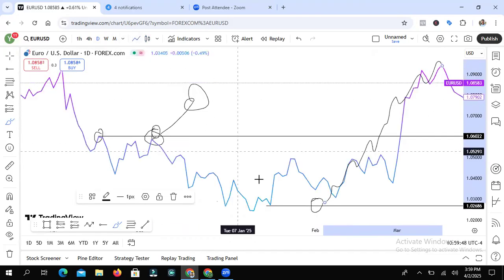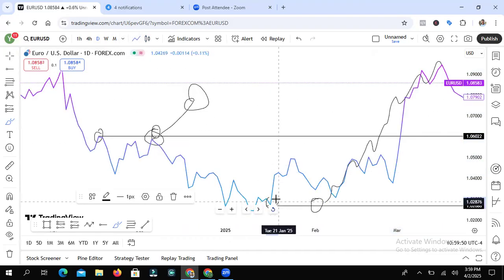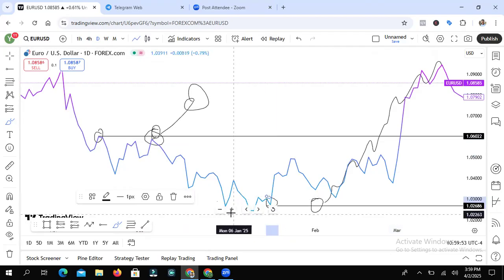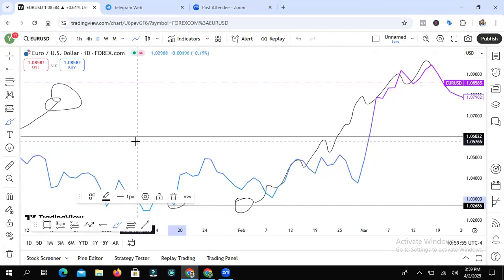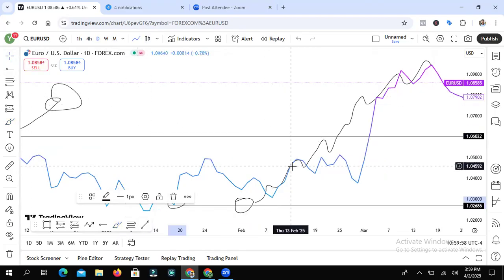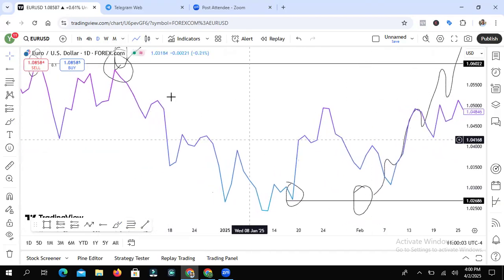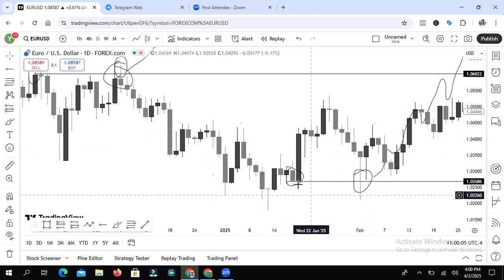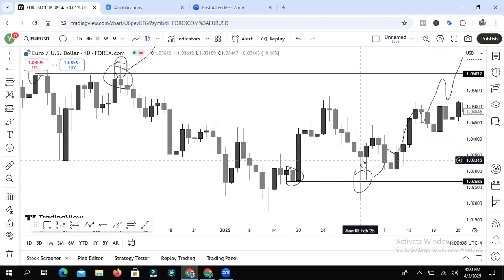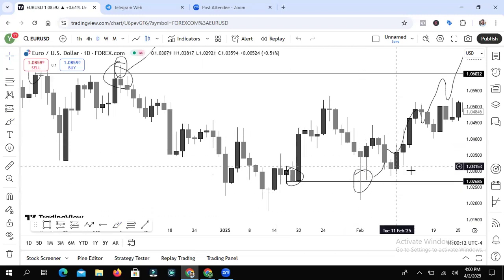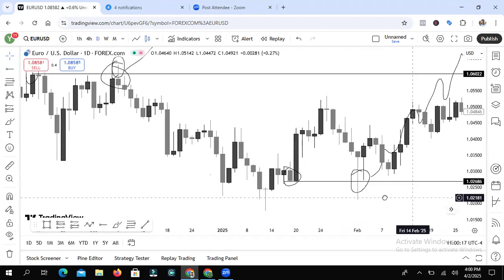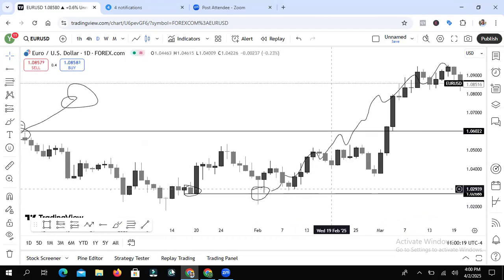By the time I turn on, you can see the V-shaped key level that got rejected right here. Very, very obvious and very simple. Like I said, you don't even need up to 30 seconds to know how to build the bias. Once you come onto the chart, what do you want to see? A V-shaped key level that market is trading to. Once they trade into it and then they reject, you start looking for the next thing, which is entries. You start looking for buying opportunities. That's all in terms of building bias.